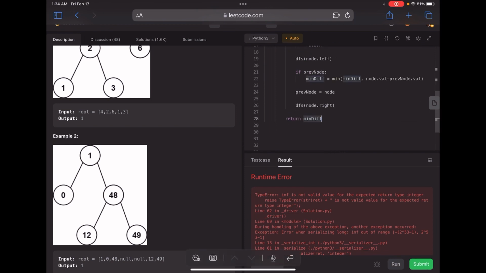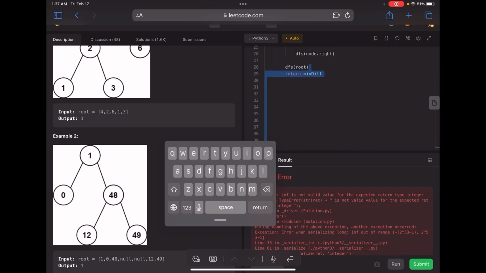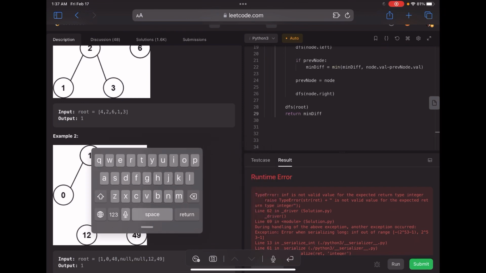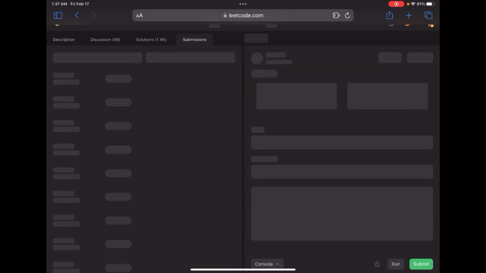Oh, it's because we are not actually running it. I didn't call DFS on the root node, so that's why. Okay, let's see. Running cases 1 and 2 works. If we submit, yep,